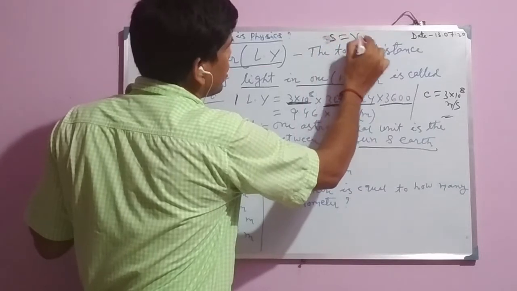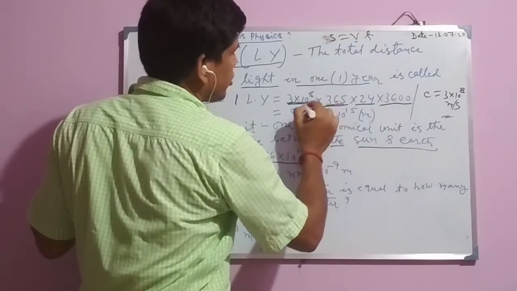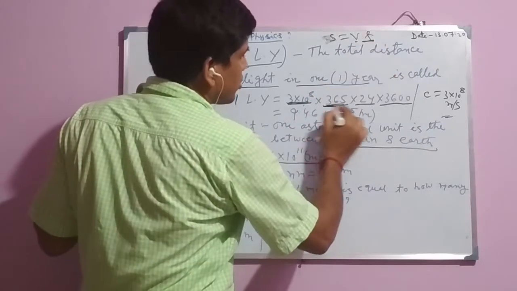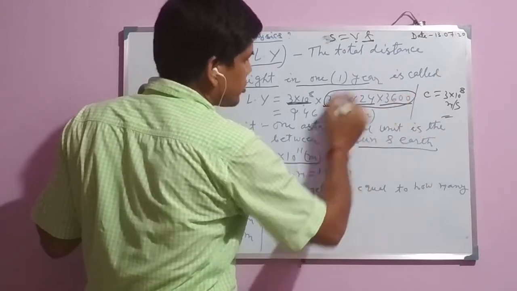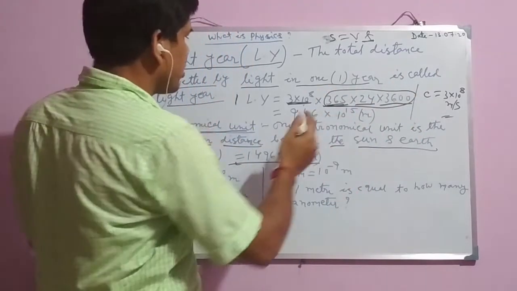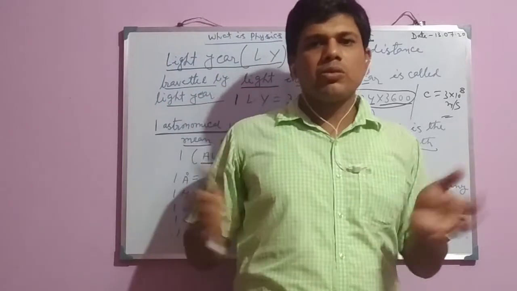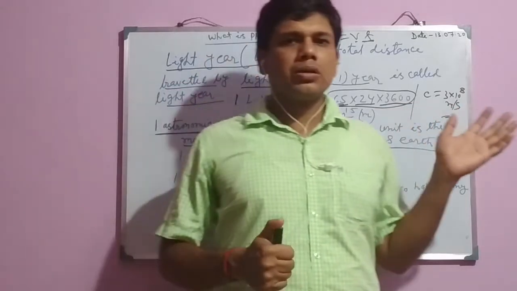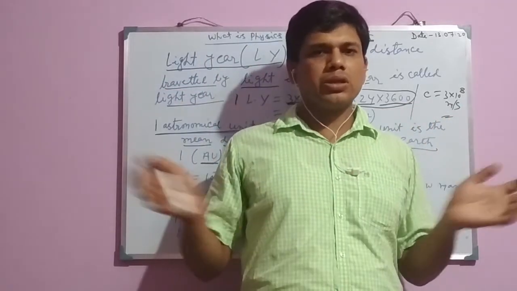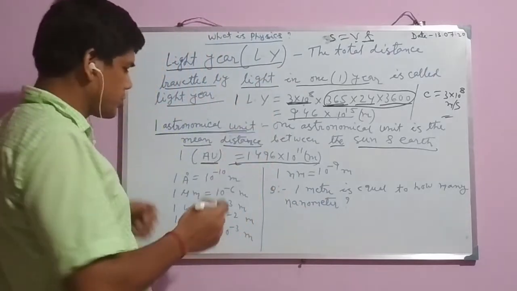S equal to Vt. Here S means distance, V means velocity of light, and T means time. 365 × 24 × 3600, it's converted into seconds. So multiply this, you will get this result. So this type of definition you have to know. After watching this video, you just note down these two definitions. We will use these definitions. Now